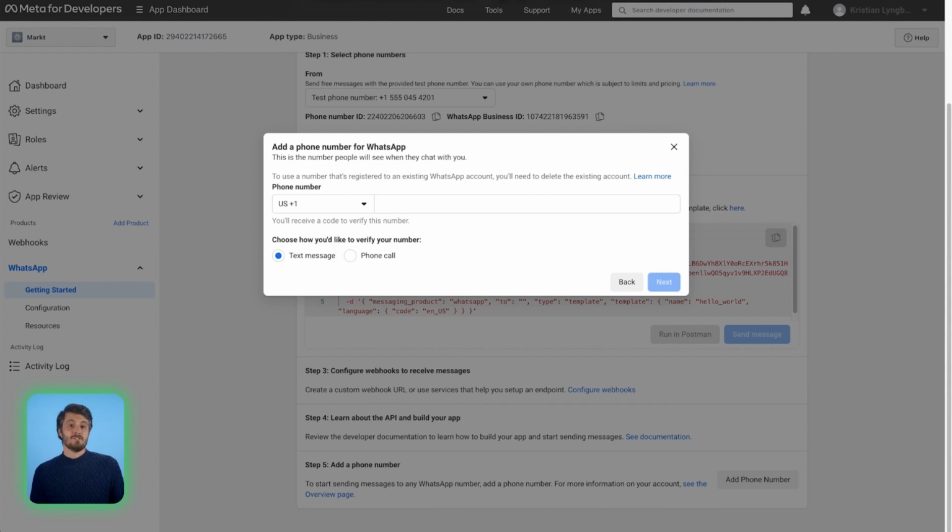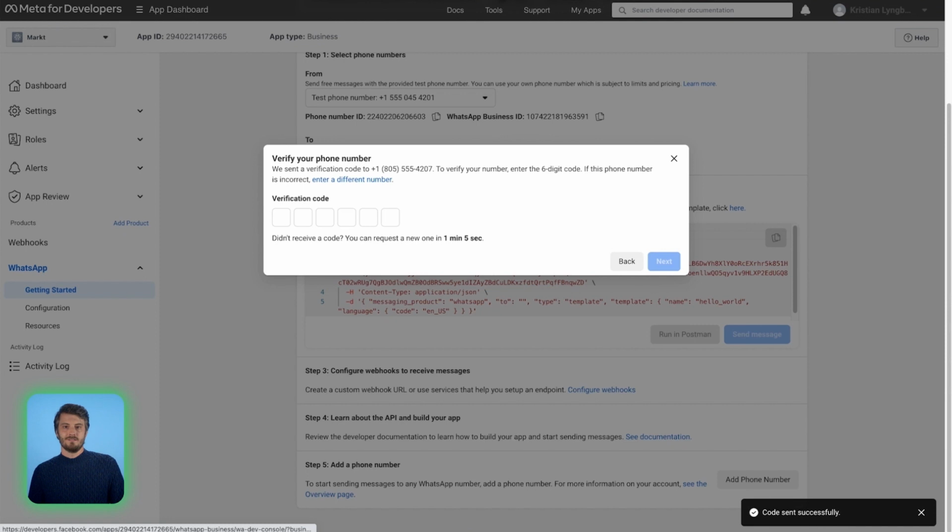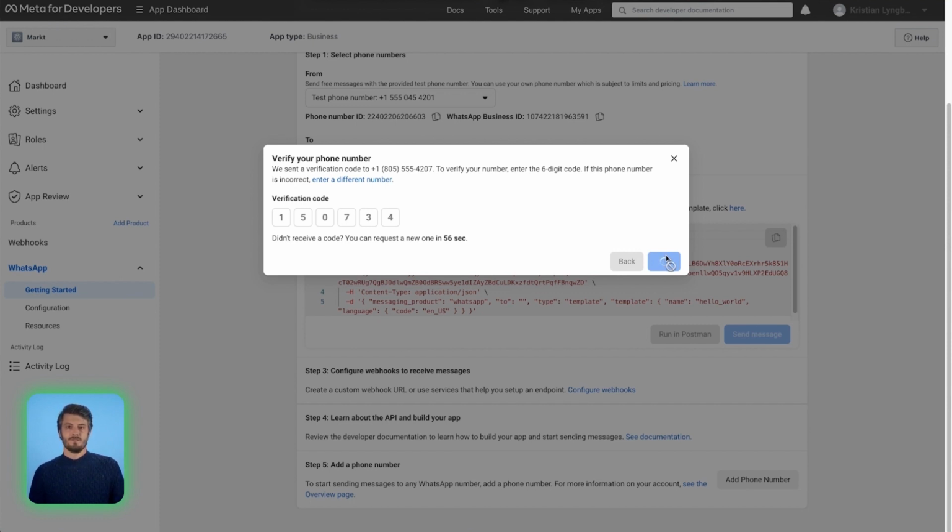Now, I follow the steps to verify my number that I want to add. And again, I'll need to enter an OTP code that was sent to me. Here I enter the OTP code. Sometimes it can take a few seconds to process here. All right, and now that we've finished adding this production number,